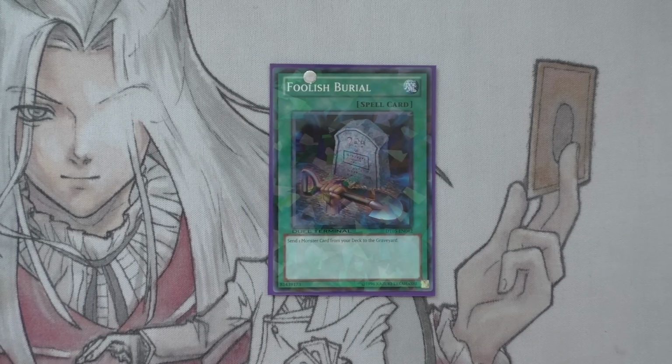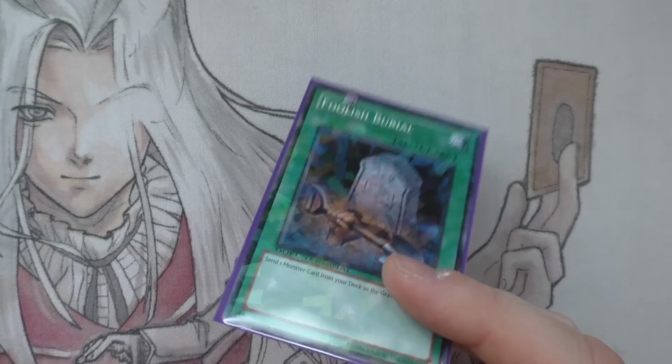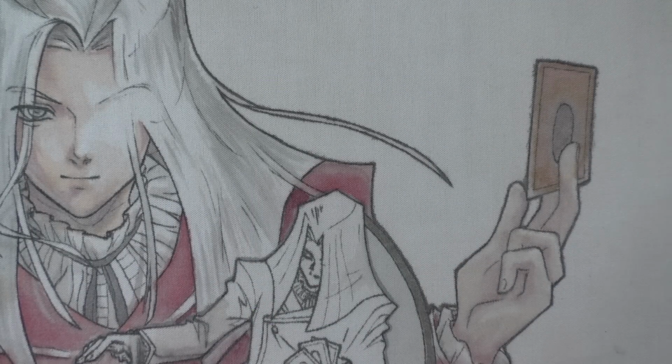1 Foolish Burial, just to be able to get certain things into the graveyard. As I was saying, you can use the Glow Bulb and the Leo to get pluses and all that, so it's pretty good. And the 1 Raigeki just to deal with any annoying things on your opponent's side of the